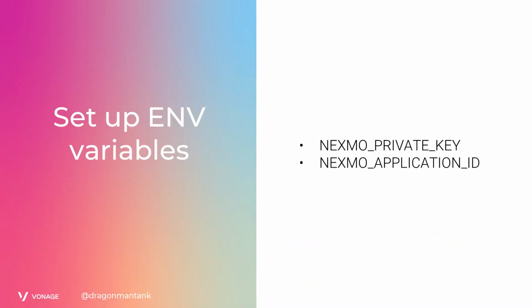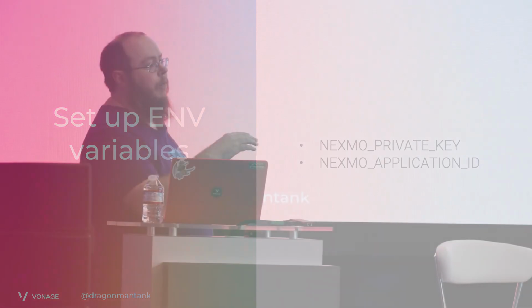So in Laravel, we would set those up. I've already got those pre-set up for me, but you would just go into generally what's called the .env file, or in your web server, set up some environment variables. You can give it either the path to the key or the actual string of the key, and then the application ID is just a string, so you can plug that in. But you put those two things in, and that will set up all the authentication. The SDK handles actually creating the tokens and doing all the heavy lifting, all the cryptographic work. So we just need to know where those two things are, or what they are, and we go from there.